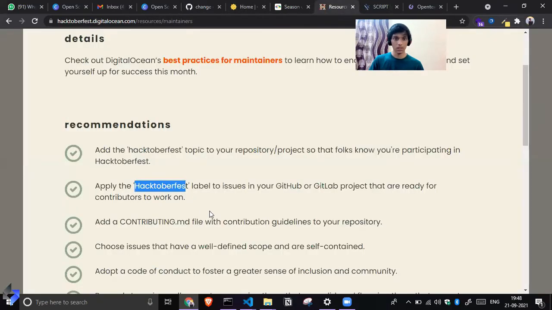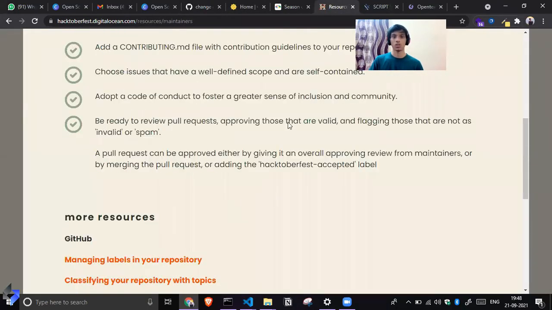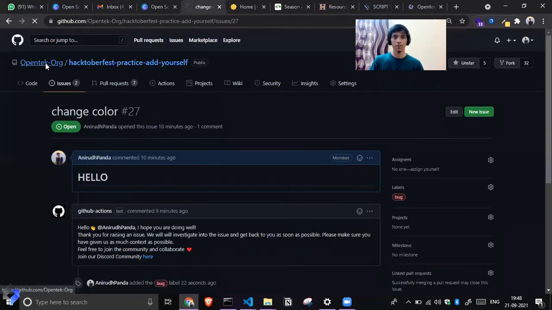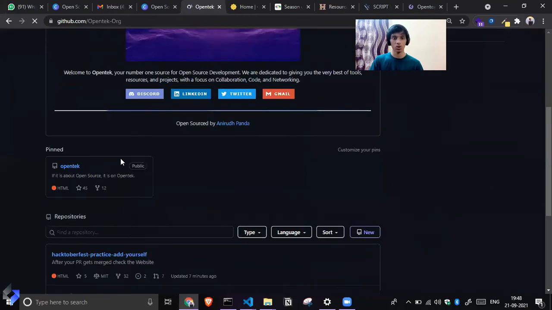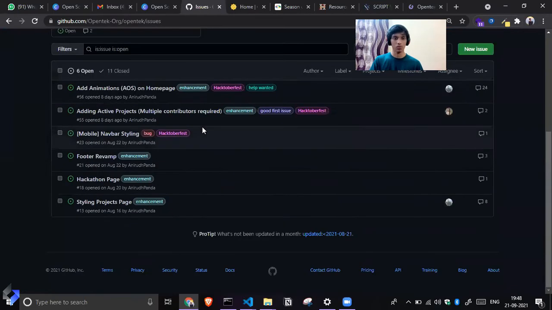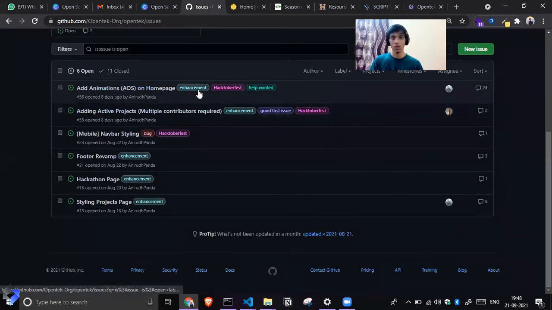So you have to follow the contributing guidelines. If you check this repository, I have a valid repository here which you can also contribute to during the month of October. There are a few issues here if you want to work on them. You can see a few labels like enhancement, Hacktoberfest, help wanted.